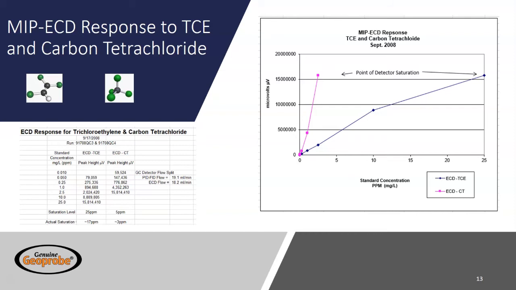If mapping carbon tet at a very low concentration was of interest, the ECD could be a good option, but if there's more than a few ppm, the ECD will let you know it's there, but provide zero definition as the detector will be saturated from the first sign of carbon tet until the end of the log.